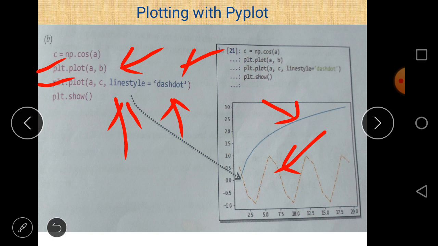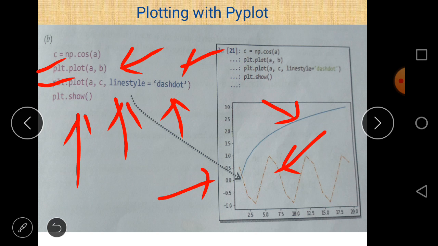And there is another function named plt.show. This is a function that belongs to the matplotlib.pyplot library, and when we use plt.show, it presents the graph on your screen. So if you want to show the result on screen, write plt.show.